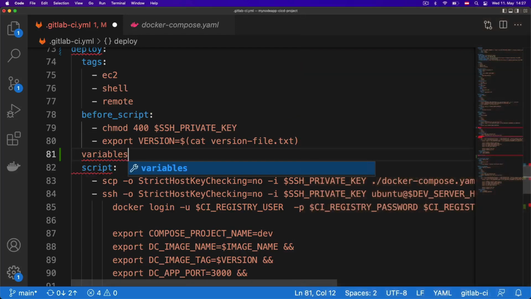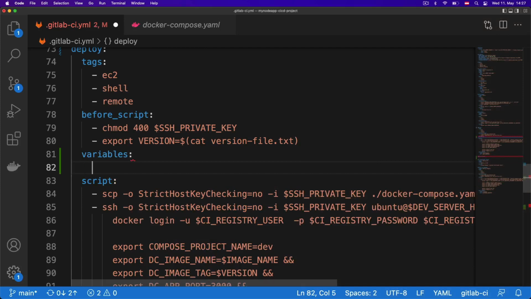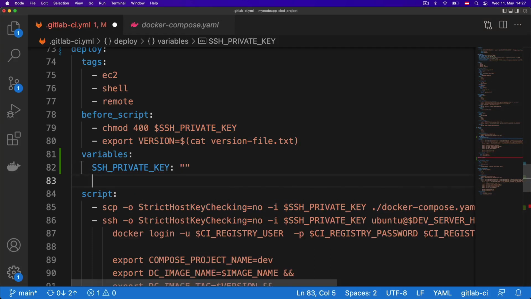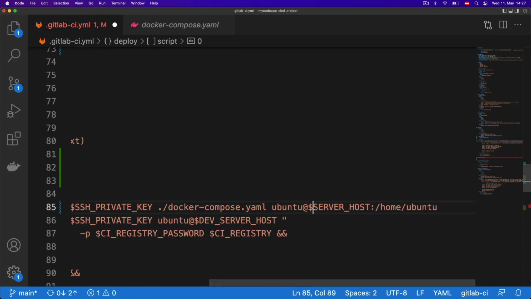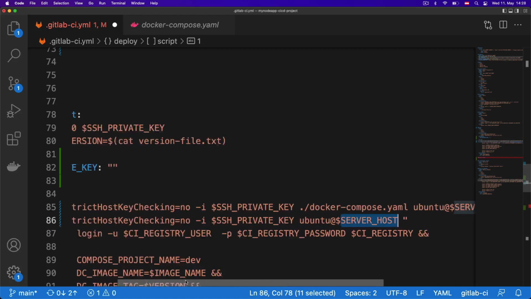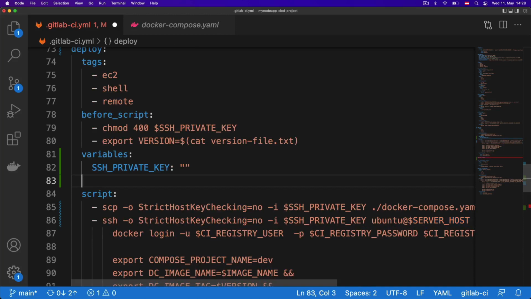So let's define them as variables right here. So SSH private key will be passed from the specific job. Then we have the server host, so we can make this generic and rename it to the server host like this. So this will be passed